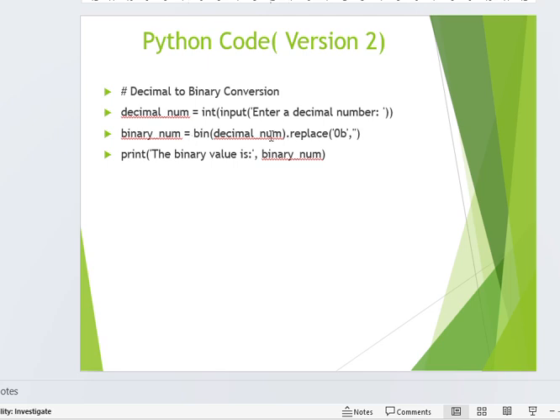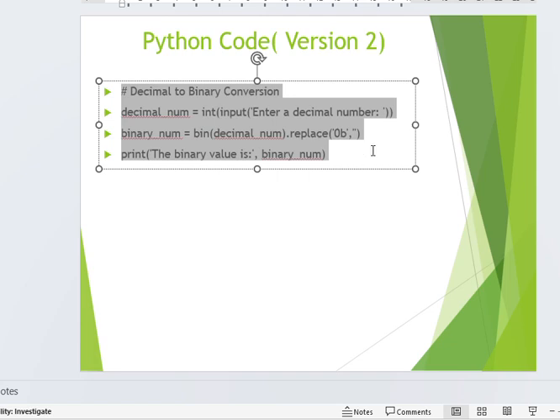So it will take the value which you are going to pass as a decimal number, and it will convert it into binary. Now when we convert into binary, we will have a prefix 0b to tell that it is binary. So we are replacing that. Replace is one more function. We are replacing 0b with nothing here. It is in single quotes, and there is nothing inside them. So it is going to straight away replace whichever we are getting.